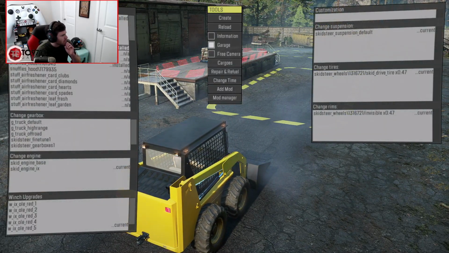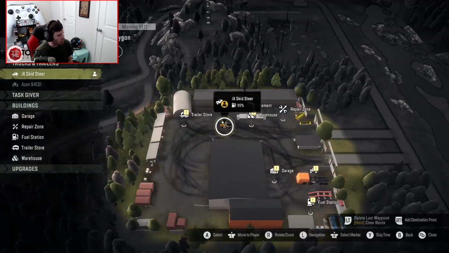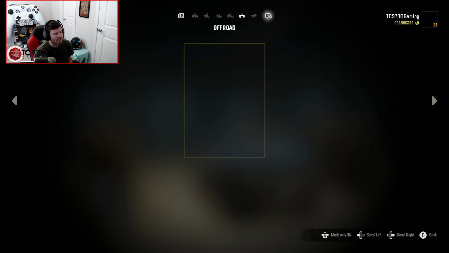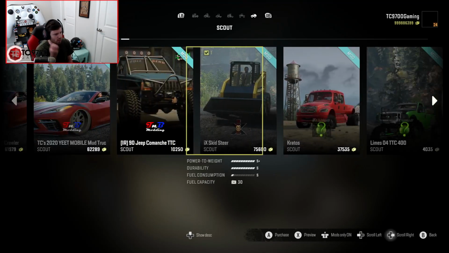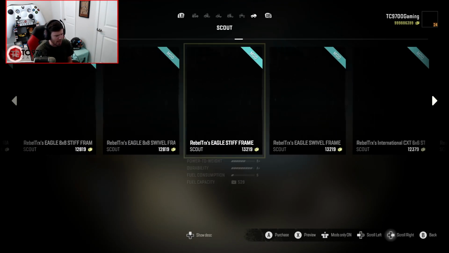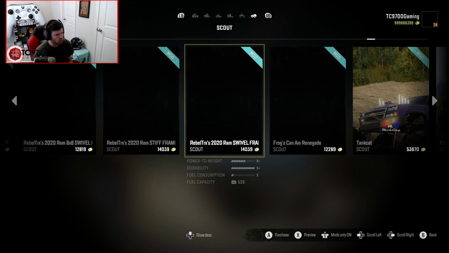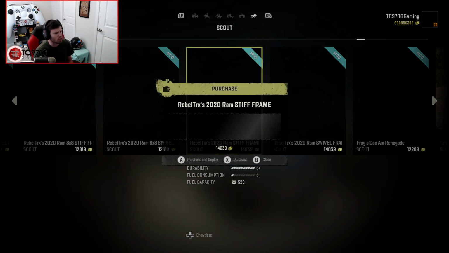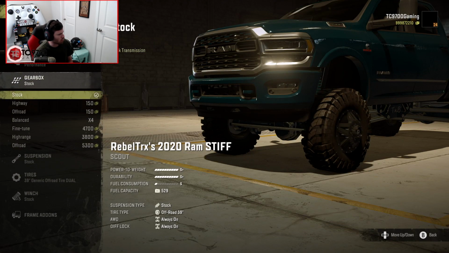So let's see. Bucket swapped out for forks, and then I'm going to go ahead and shut it down for a moment, go back inside the garage, and buy a truck real quick. It won't be anything crazy. It's just going to be something to grab a trailer and haul it over, basically be able to throw the cargo onto the trailer. So let's use Rebel TRX's 2020 stiff frame RAM. We'll do, let's say, performance engine, highway